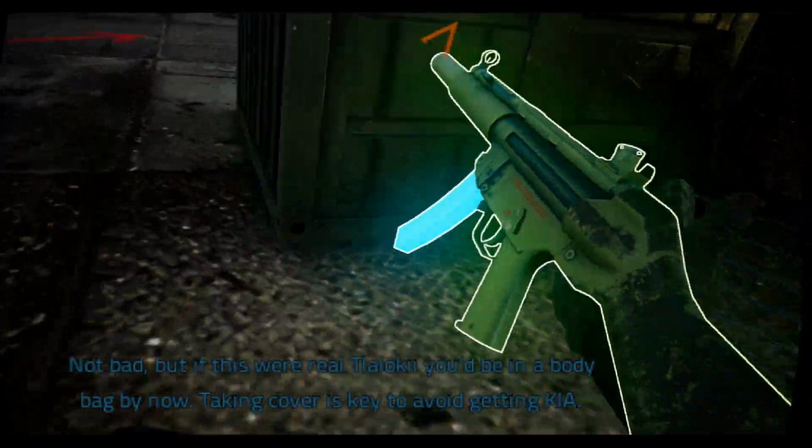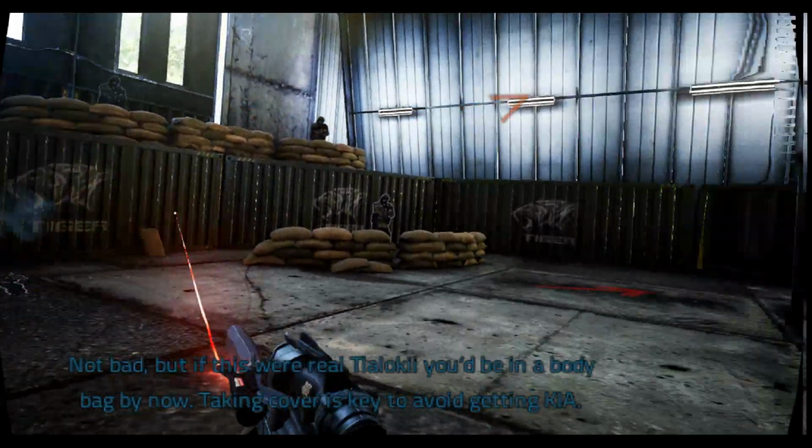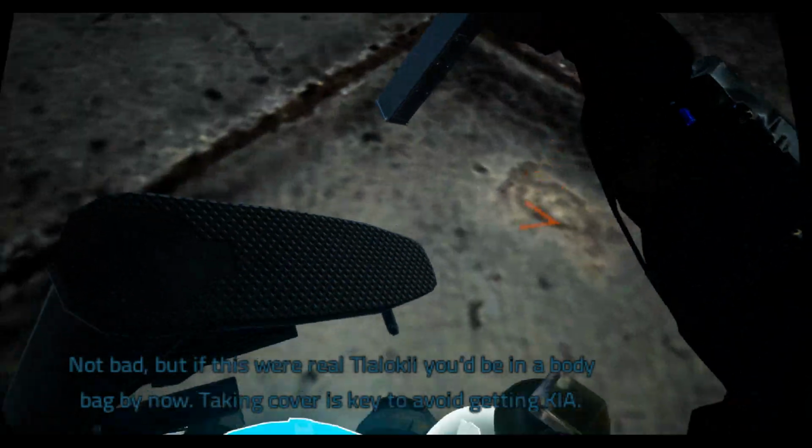Not bad, but if this were real Tlaloc, you'd be in a body bag by now. Taking cover is key to avoid getting